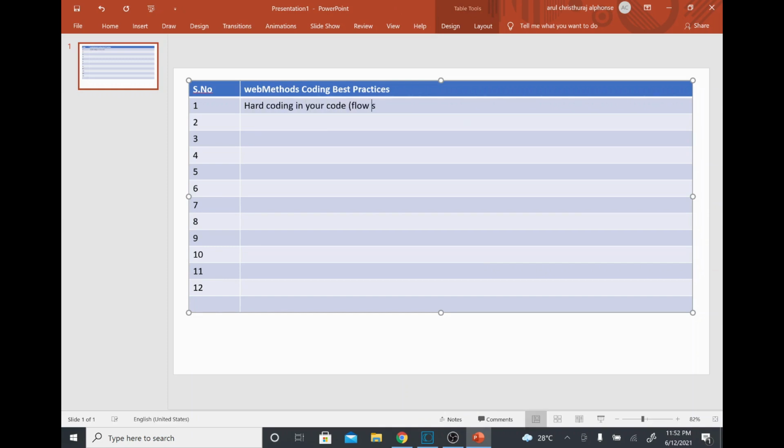It applies to any flow service or Java service or anywhere, right? What you need to do is avoid this and take those details from a configuration file, or you can take it from your caching as well. For example, if you are going to call some HTTP service where you hard code some server detail or service relevant information, then you have to avoid that and take that from your configuration. Then only you can configure a different value for each environment.